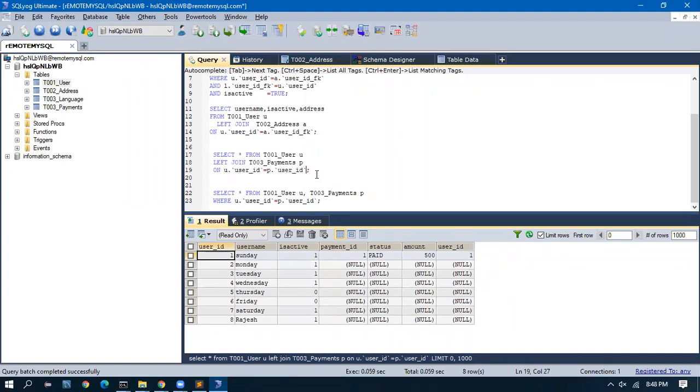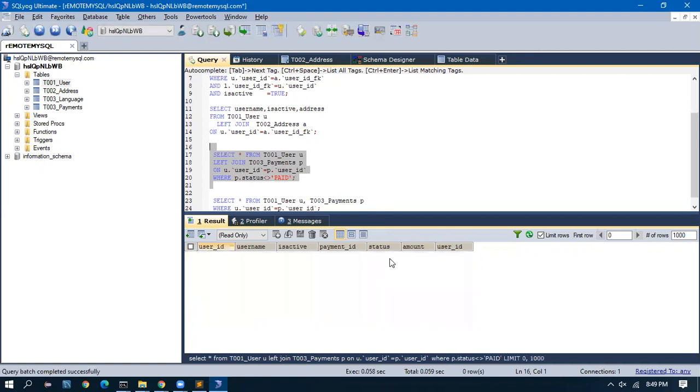If he is going to ask, we will tell it in the query where the status, which status is in which table? Payment table. So p dot status not equal to paid. So bring me all the records of that join. This join without this where condition is bringing me 8 records. Of these 8 records, pull out the records which do not have the payment status as paid. If I run this query, that one row will be eliminated, not equal to paid.